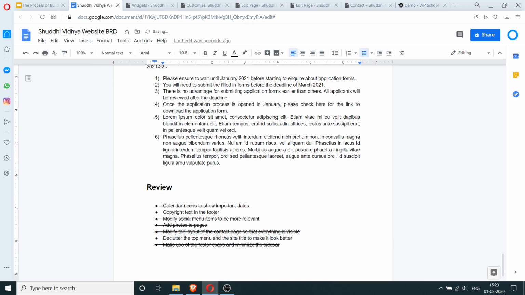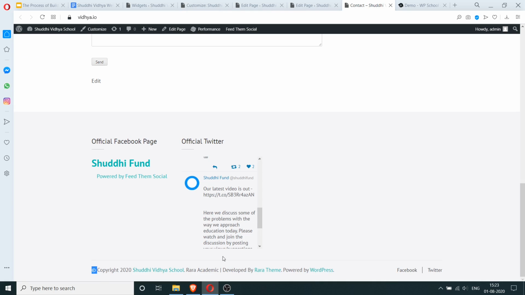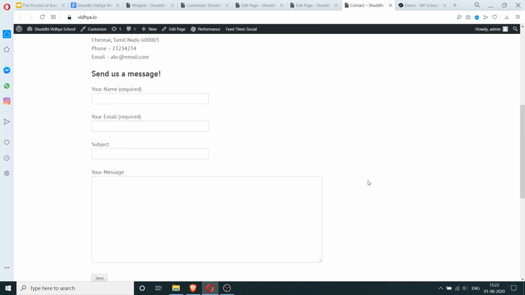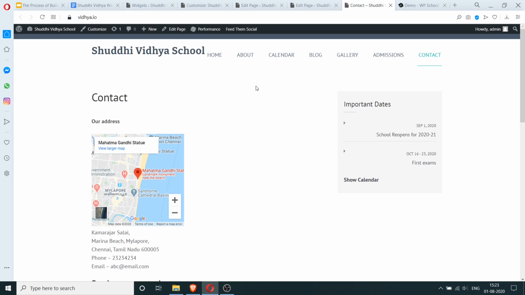So we have the copyright text in the footer and declutter at the top menu. Inside title to make it look better. This thing, like I told you, some menus allow you to change it, some menus don't. And I've seen the settings for this one. It doesn't let you change this because it's a free theme. They want some credit so that people click on this link and find out more about their product. So we can leave this one. Let's see about this one.